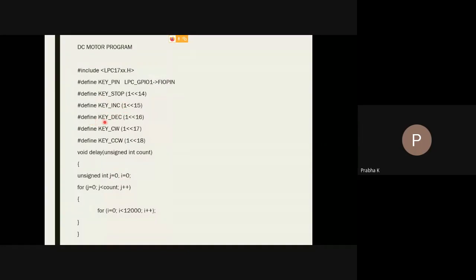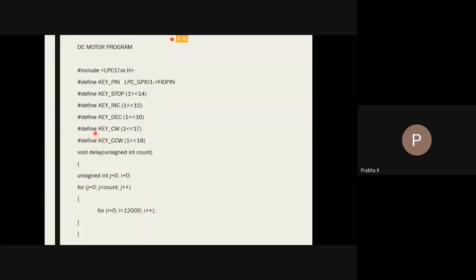Another key I will define here, naming it key_DEC for the decrement operation. Which key am I designating? Port 1, 16th pin. This port 1, 16th pin is connected to the third key on your board.